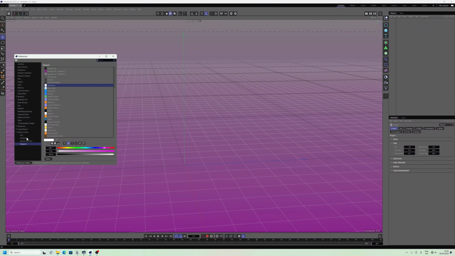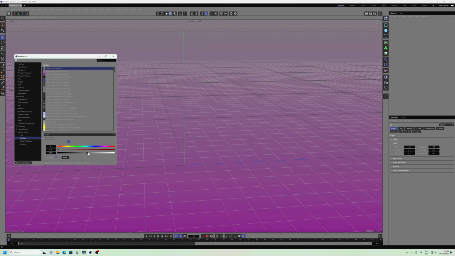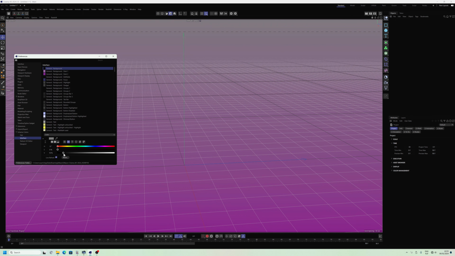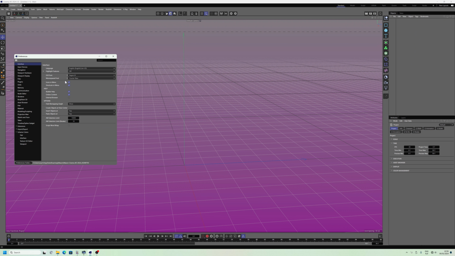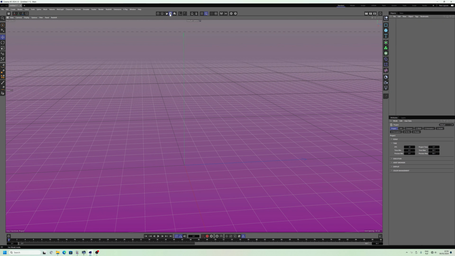Also, I forgot to mention, you can change the viewport interface. The interface you can change, so you can see the vector, because I don't like when it's too dark. I used to work with Cinema 4D in an old version. The old version was a little bit better because you could choose the interface theme, dark or bright. I can't remember if it was light or dark. They removed that feature for some reason, but